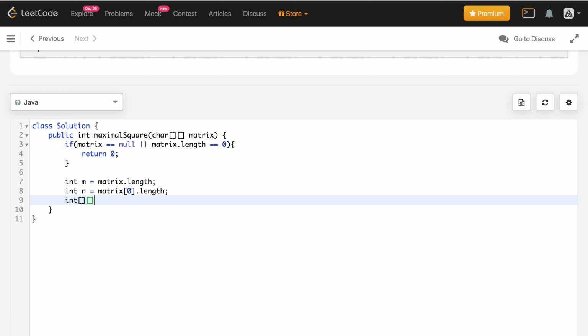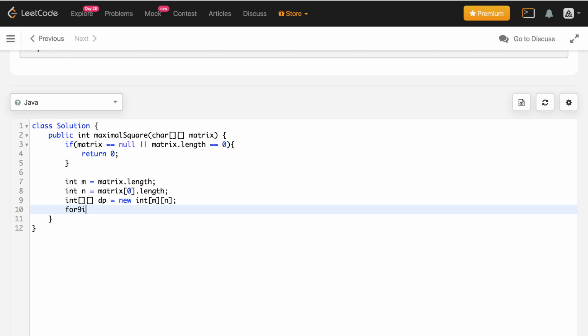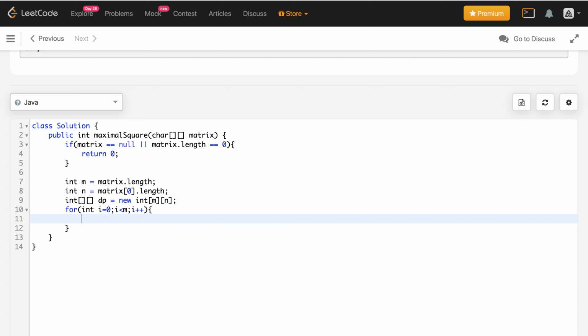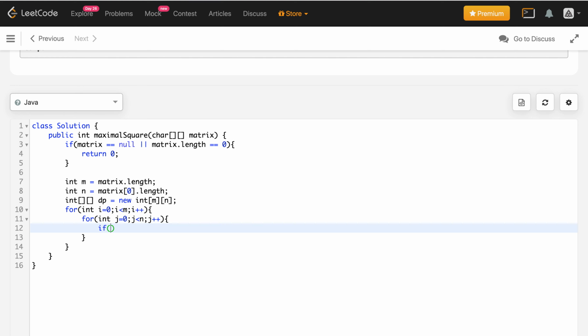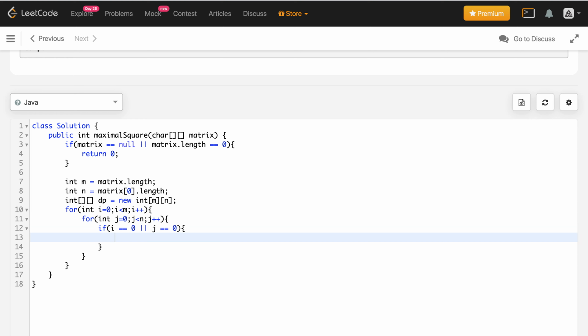Let us define a dp array of size m cross n. Let us fill this dp array. Sorry for this, I made a mistake. First we will check for the 0th row, that is, in case i equals 0 or j equals 0, we will simply say